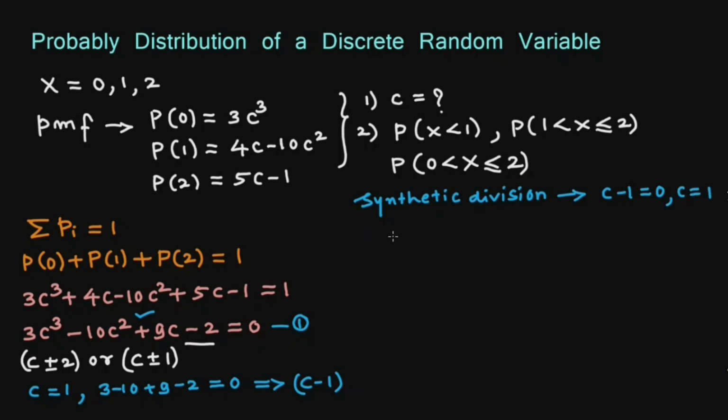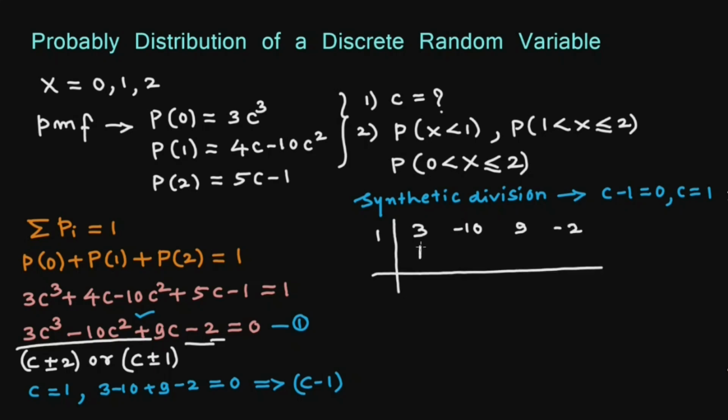So we write this 1, and the coefficients of this cubic polynomial: 3, minus 10, 9, minus 2. We write this 3 directly here. Then 3 ones are 3. Minus 10 plus 3 will be minus 7. Minus 7 into 1, minus 7. 9 minus 7 is 2. 2 into 1 is 2. Minus 2 plus 2 will be 0. Now this 0 is the remainder after this synthetic division, and these are the coefficients of the quadratic polynomial